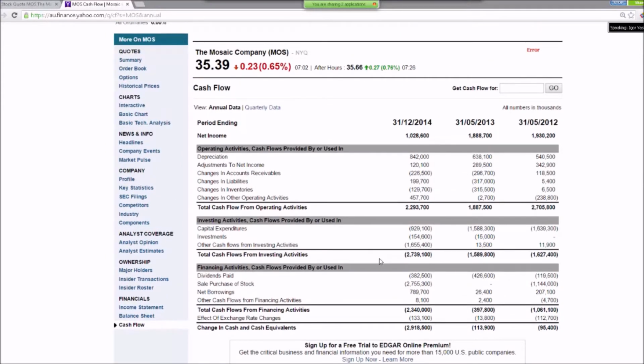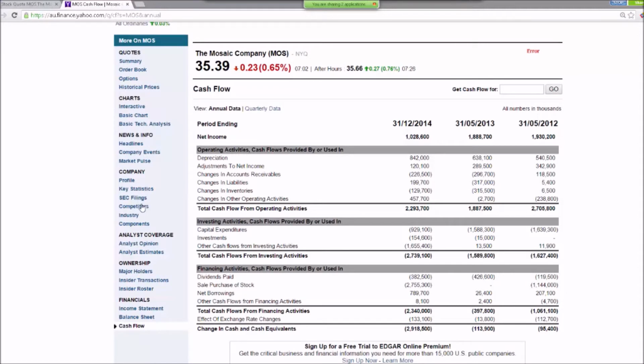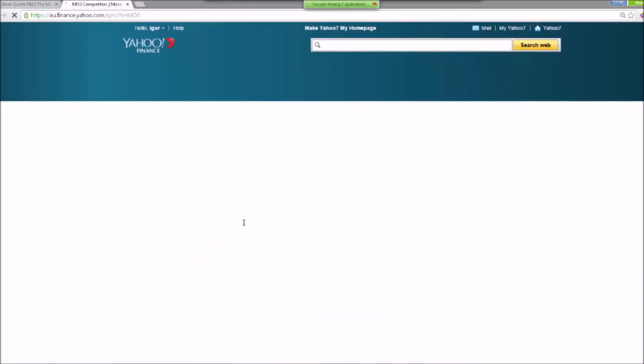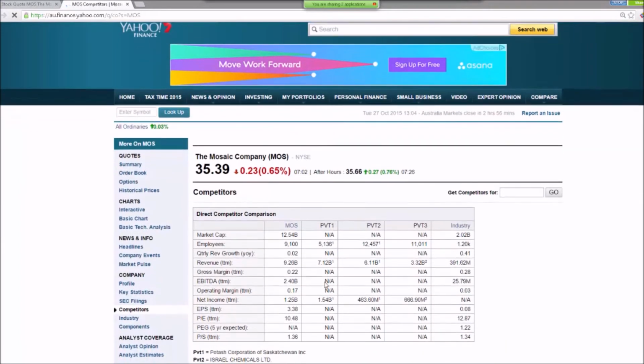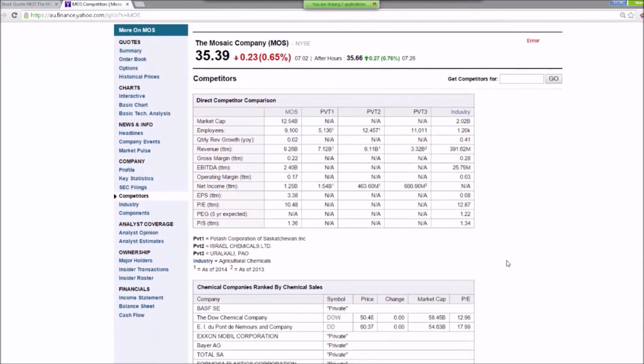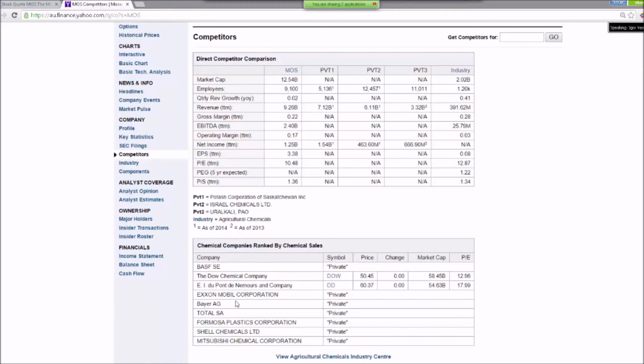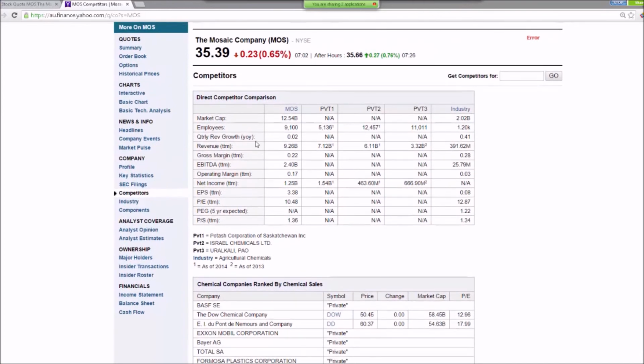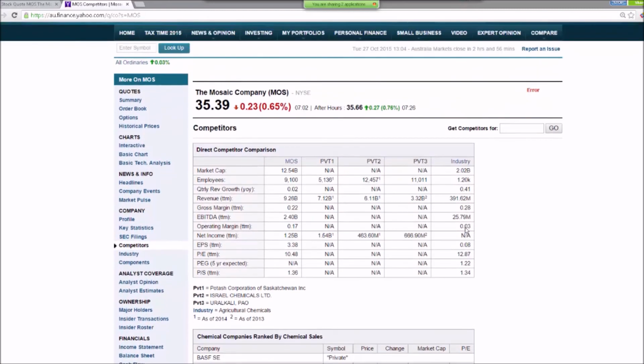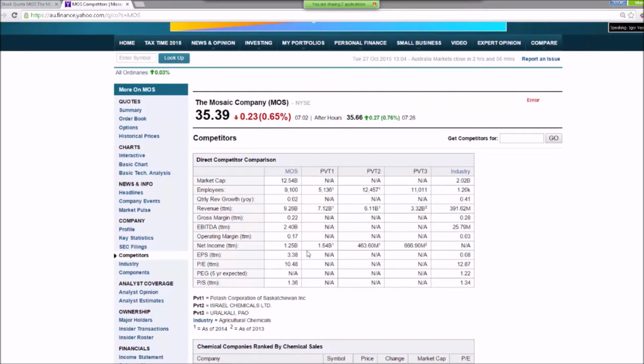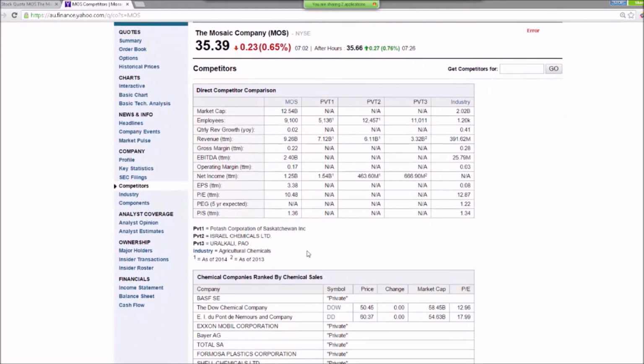Okay. And then personally, I always look at competitors. And here you can see some companies, the majority of them private. And here it's in general in the industry. So if we look at ratios, price earnings ratio here is 10, on average in the industry it's 12.8. PEG here is not available, it's 1.2. Price to sales 1.3, here 1.3 as well, so practically the same. So based on that, I wouldn't say that this company is undervalued. Okay, and of course I would have to have a look in more detail at this one. The next